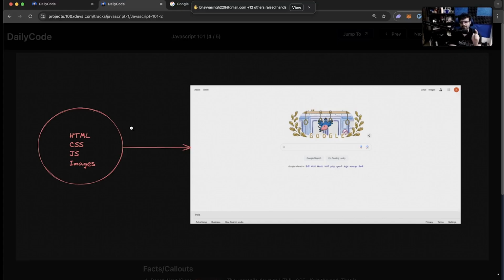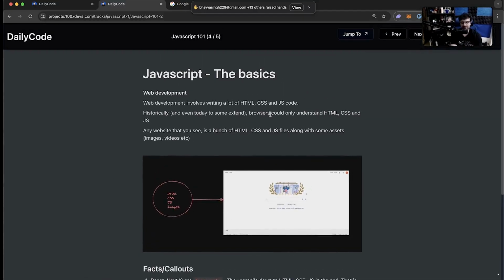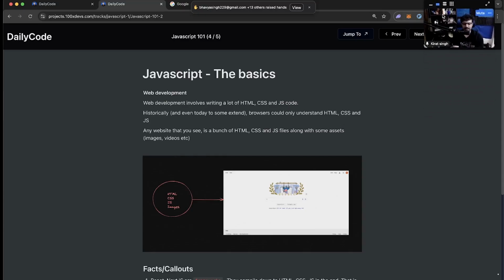This is slightly nuanced. Technically, this is not true. Your browser can actually compile and run other languages as well. But for 99% of the web, HTML, CSS, and JavaScript are the only languages that are running on a web browser when you open it. Any website you go to, these three languages are what make the page look the way it does and behave the way it does. If I click on the next button over here, going to the next page happens via JavaScript. The fact that I hover over this and it becomes light blue, that happens via CSS. And the structure that you see over here, the text that you see over here, is all HTML.